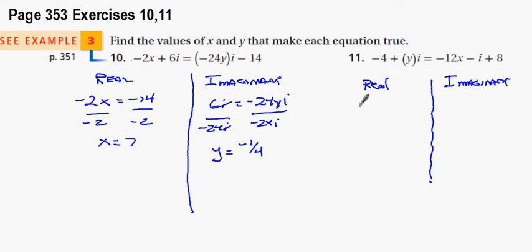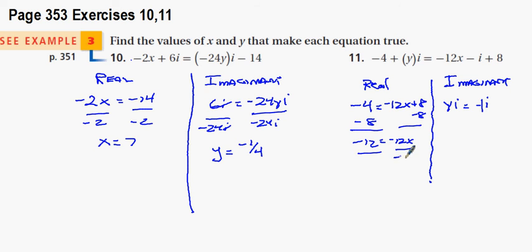So looking at the real part, I have negative 4 equals negative 12x plus 8. And on the imaginary side, I have yi is equal to negative i. So it's the same as negative 1i. So solving for this, I would subtract 8 from both sides of the equation, giving me negative 12 equals negative 12x. Dividing both sides of the equation by negative 12,